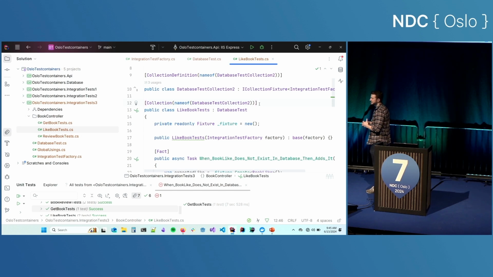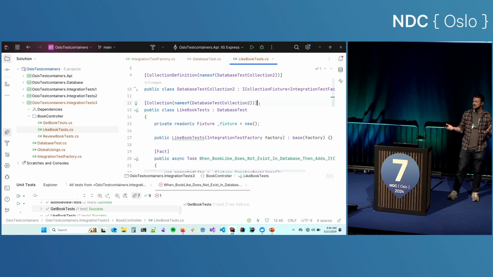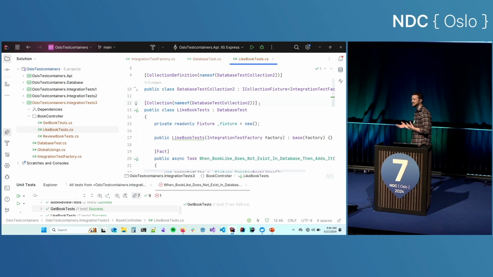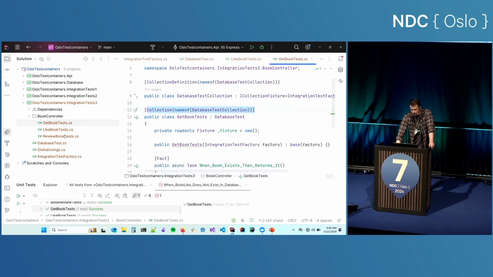It's probably good to know, because if you just stuck with IClassFixture, eventually you might have, I don't know, 100 test classes, and you're spinning up 100 containers in your pipeline. That might be a little much. I haven't tested that far, but you can let me know. In that case, you might want to use collection fixtures. You can say, hey, we'll just share 10 collections throughout all the integration tests. They spin up 10 containers that run in parallel, it uses fewer resources overall, and it's still just as fast. So here I've made 2 test collections